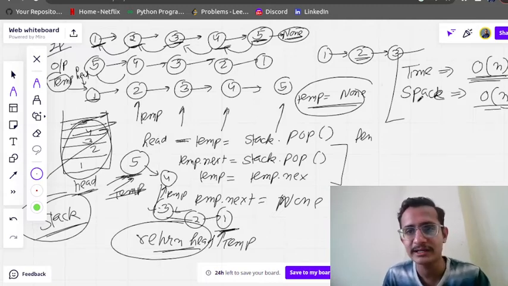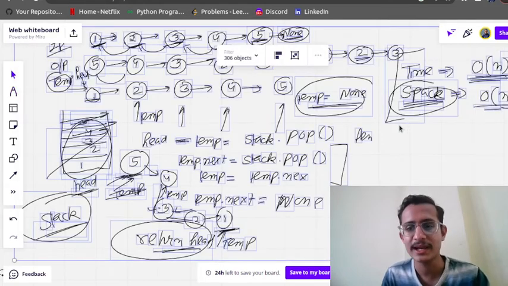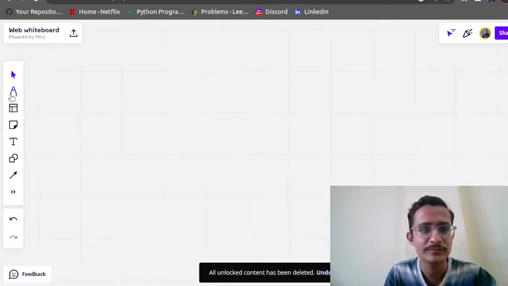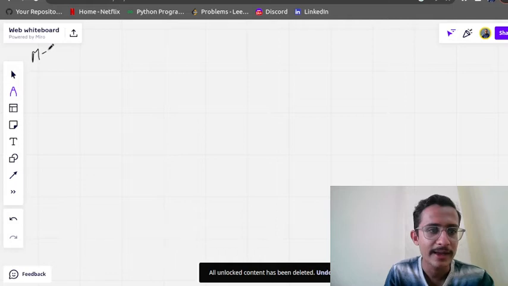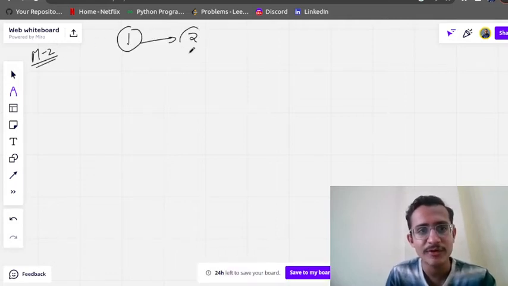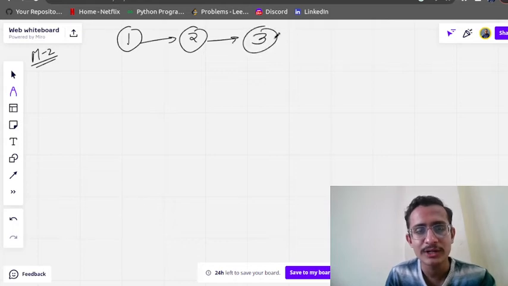Now if the interviewer says we don't want to use extra space, how are you going to approach the problem? Let us think about method 2, let's say M2. You need to traverse from 1 to 2 to 3 to 4 to 5.